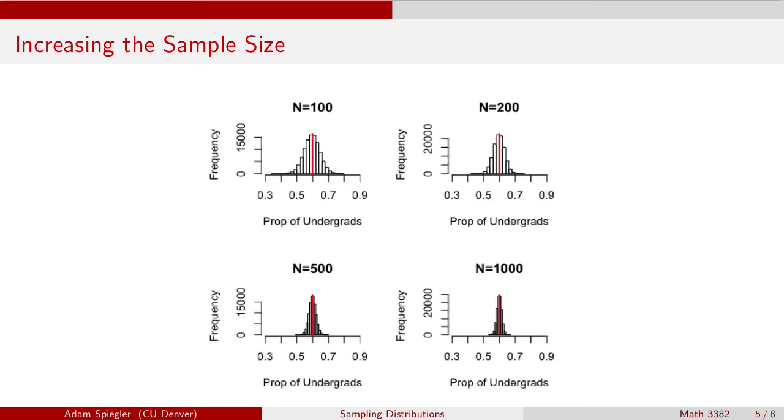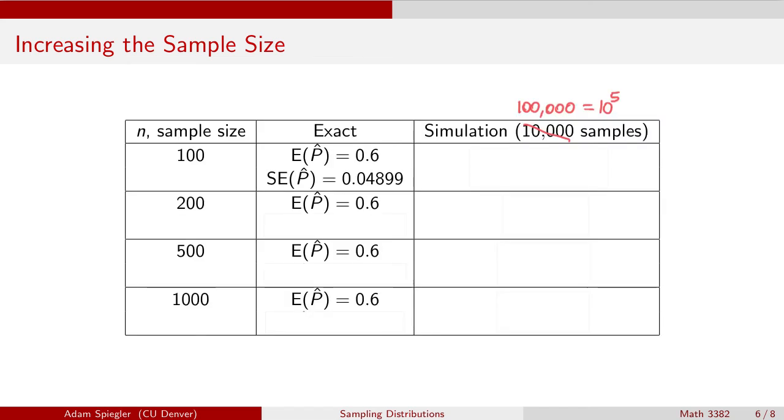And I would again direct you to that R Markdown file that I referred to on the previous slide to play around and see what happens when you change n to larger values. Does this match what we were able to derive from the theory? And we can see, yeah, all of these distributions have essentially the same mean, but the standard error is getting smaller and smaller as we increase n. And if you want to compare the expected value and standard error that we should get in theory to what we get from the simulation,